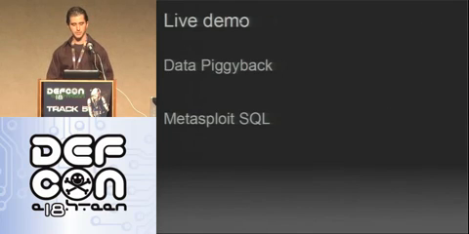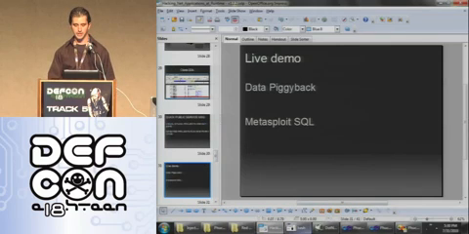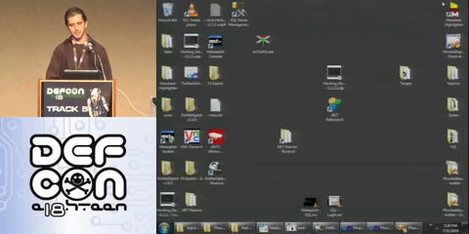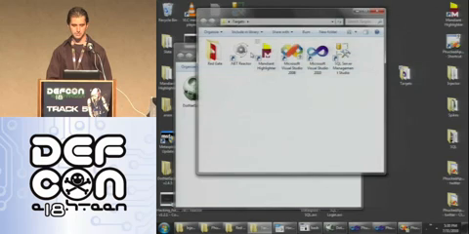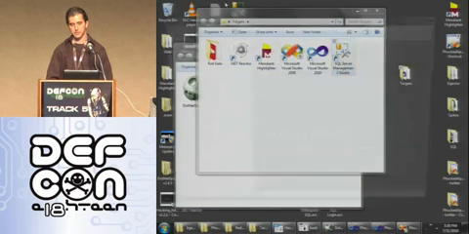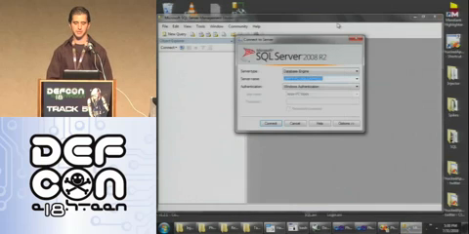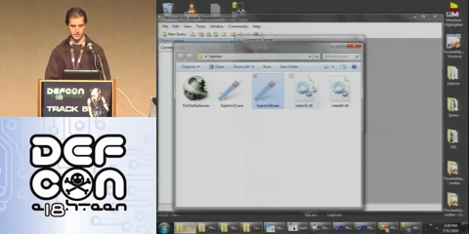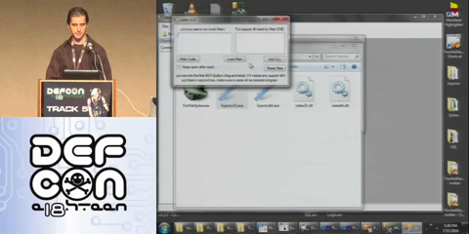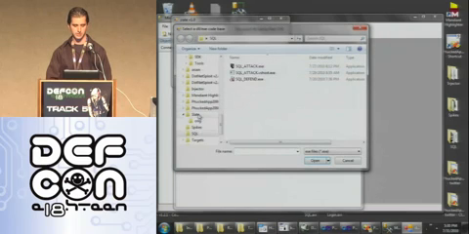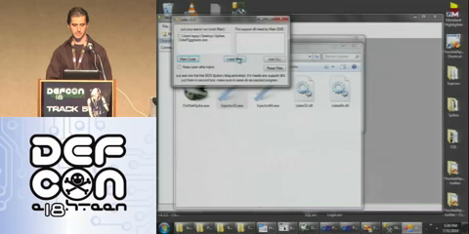So some of the other fun ones that we also have is data piggybacking. The basic premise of this is the same as the other ones. Once you're inside of another target application, you can send whatever you want. So SQL Server Management Studio. You make it into someone else's machine through some exploit, and you're unable to get back out to the net, but SQL Server has a valid communication portal, and you leverage its credentials to get you back out to the net. So we inject into it, we select data piggybacking,